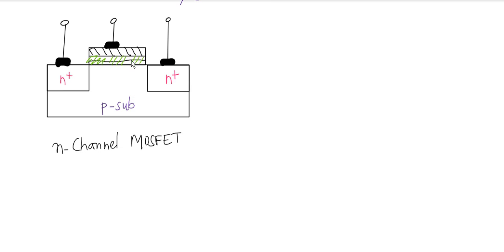These upper layers, that is the metal layers, the poly and the oxide, don't change, but the remaining layers do change.